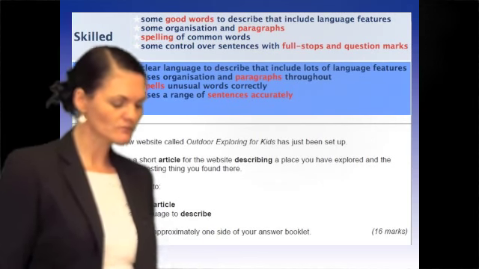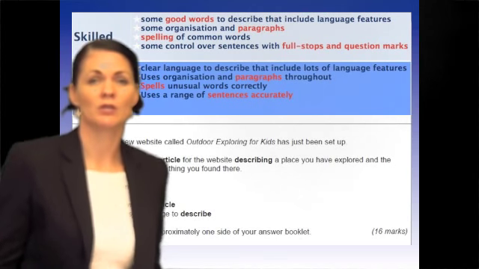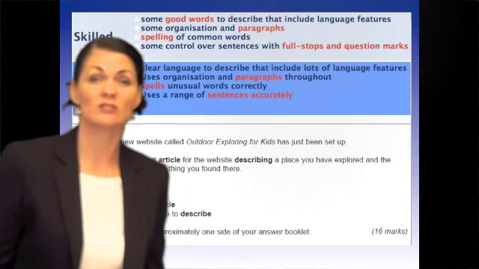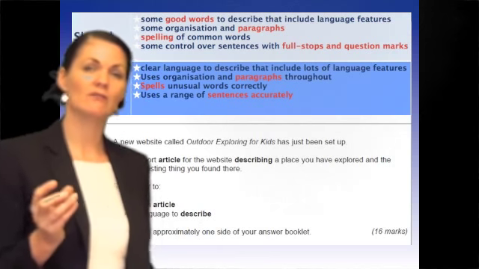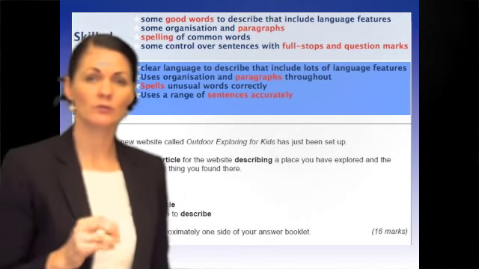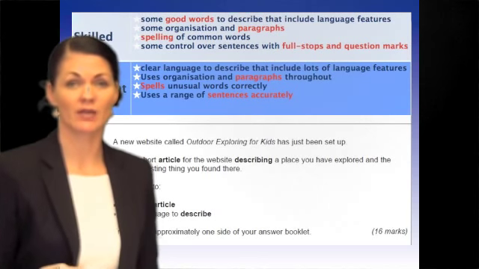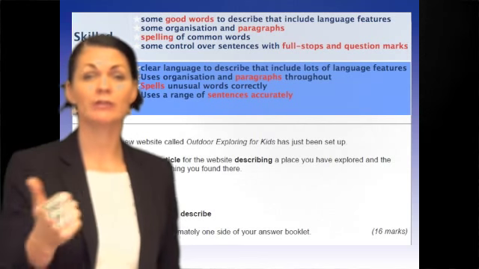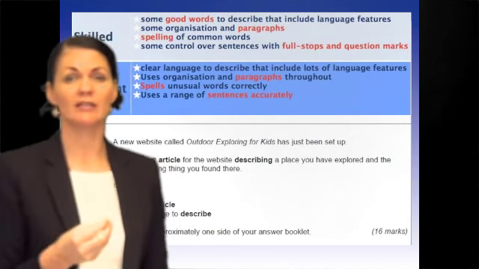Okay, so write a short article for the website. Well, that's just who's your audience there? Well, that's quite a lot of people, isn't it? But here, really, what you need to be careful of is actually who am I writing for, and what am I writing? Okay, so if the audience here was children or young people around your kind of age,